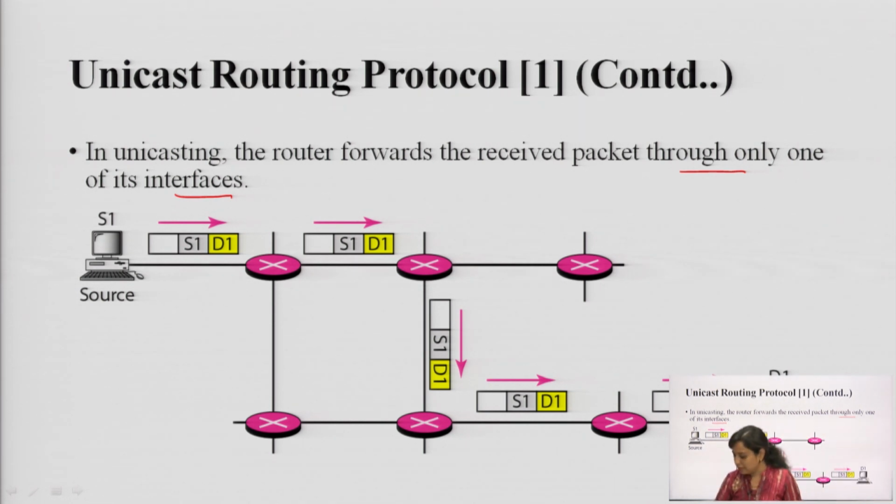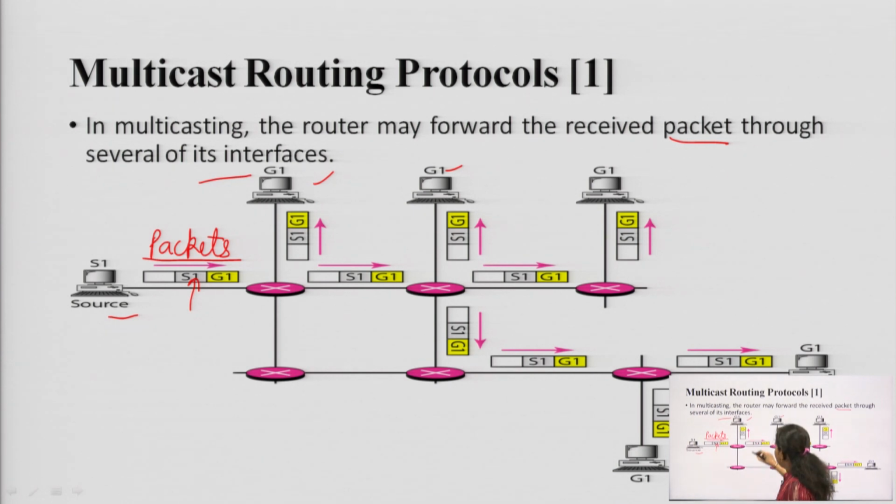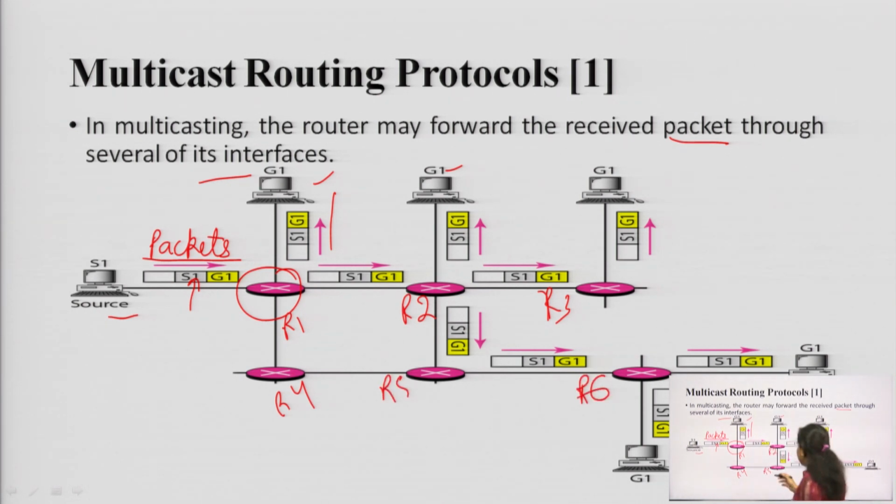If you compare this diagram with this one, let us say this is router 1, router 2, router 3, router 4, router 5 and router 6. So, let us say there are 6 different routers. At every point there are 3 different paths connected through the router. If this is the incoming one, the outgoing has three options available. Here there are 2 options available, and in this case, there are 3 options.